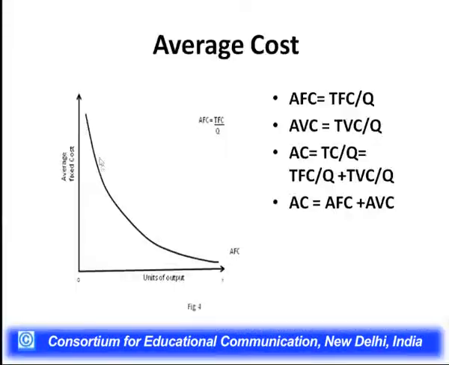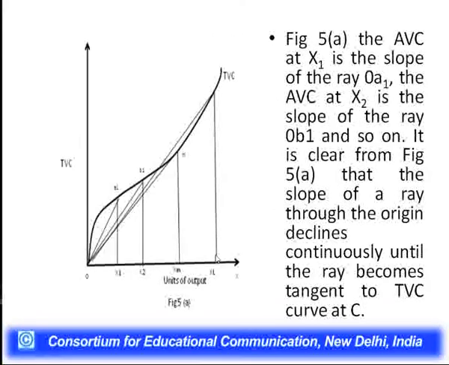You see that AFC is shown in figure 4, where we have shown it to be falling. For the first unit it was 10, and it goes on declining and declining with the increase in production. And average variable cost, in the table we have shown it is TVC divided by output, and in the figure we can derive it from TVC if at any point we want to know what is the average variable cost.